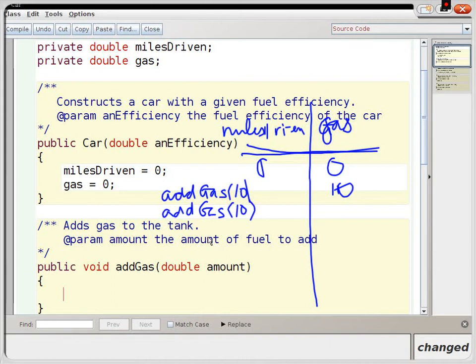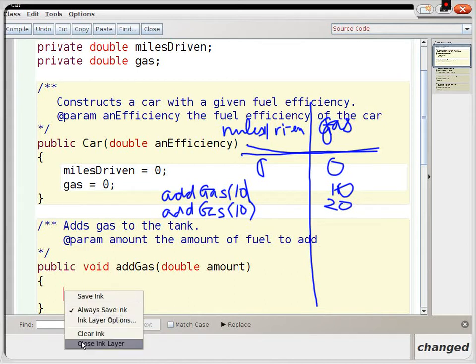And add another 10 gallons without driving. Now how much do I have in the tank? 20, right? So now you see it's the exact same logic as we had before. Adding gas is just the same thing as driving miles. So at this point, hopefully, we can use our powers of abstraction and say, well, it's got to be the exact same equation. So that would be